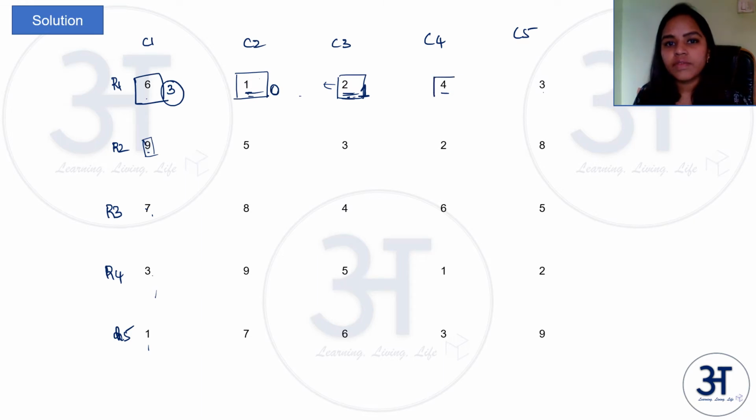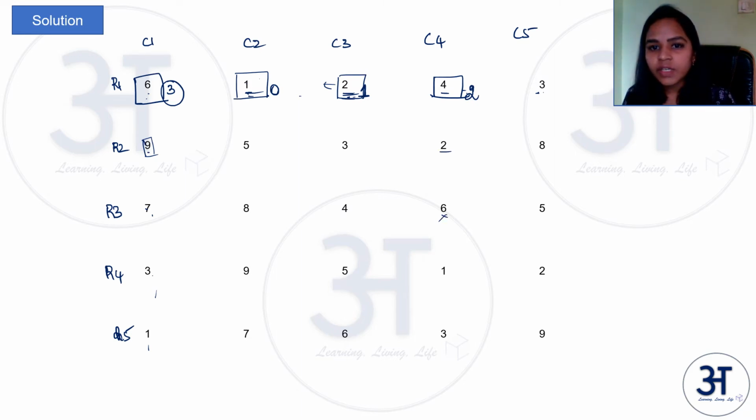Let us look at row 1, column 3, the number 4. 3 can reach 4 because it's less than 4 and nothing in between. 2 can reach 4. 1 cannot reach 4 because even though 1 is less than 4, there's a 2 in between. 6 cannot reach 4 because 6 is greater than 4. So in the row we have 2 possibilities to reach 4, 2 and 3. Next, let us look at the column. Again 2 can reach 4, 6 cannot reach 4, and once you get a higher number than 4, irrespective of whatever other numbers, they cannot reach 4. So that is only 1. 2 plus 1, so 3 people can reach 4.